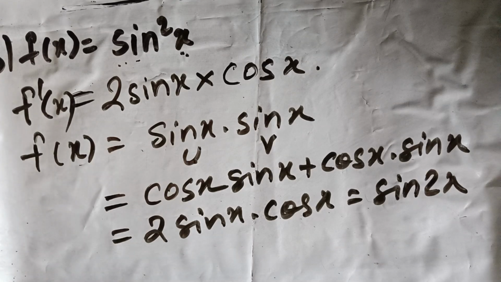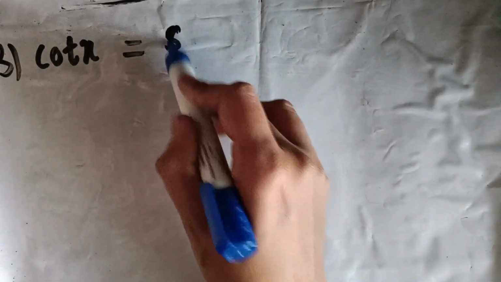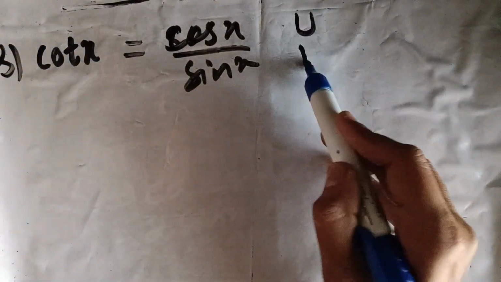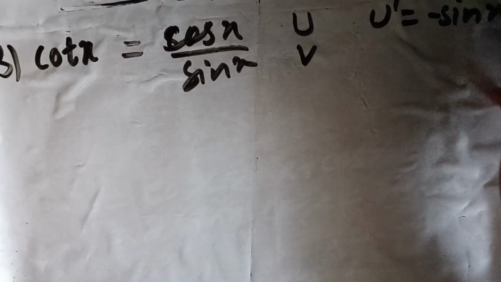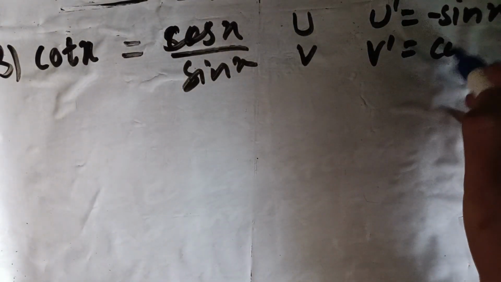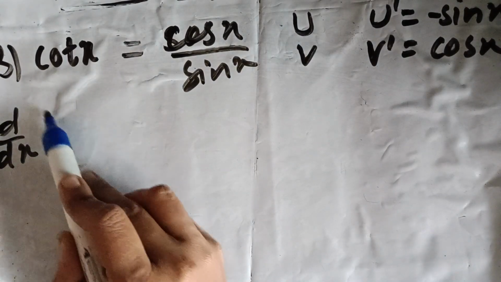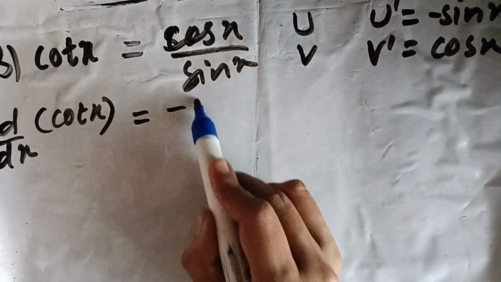Okay. Let's find out the derivative of cot of x without using first principle. So cot of x can be written as cos of x upon sine of x, correct? So this is u, this is v. u dash is the derivative of cos, which is minus sine, and the derivative of sine is cos of x, correct? So d by dx of cot of x is u dash